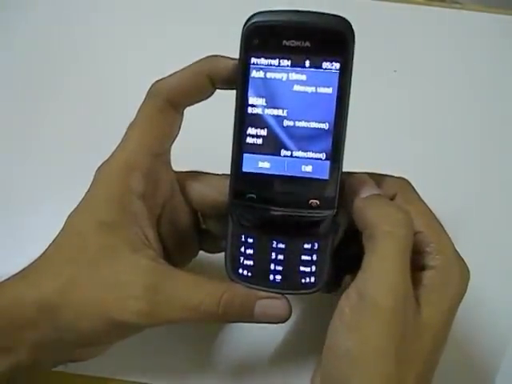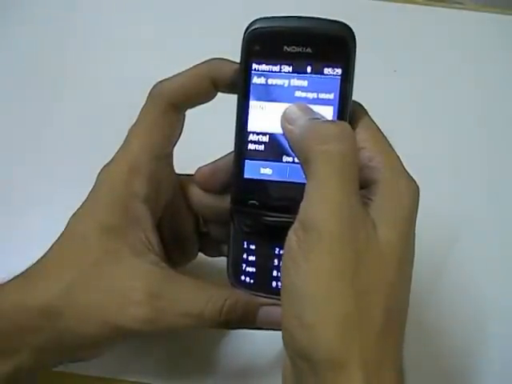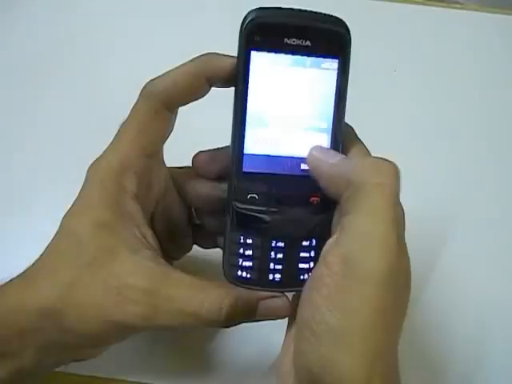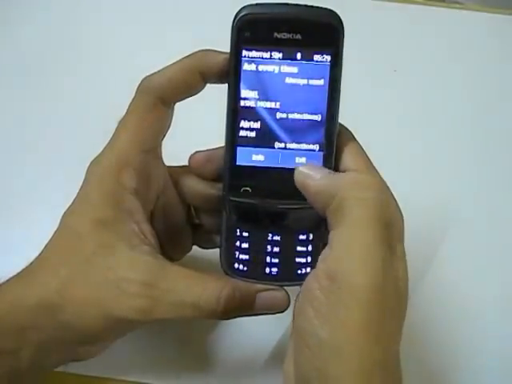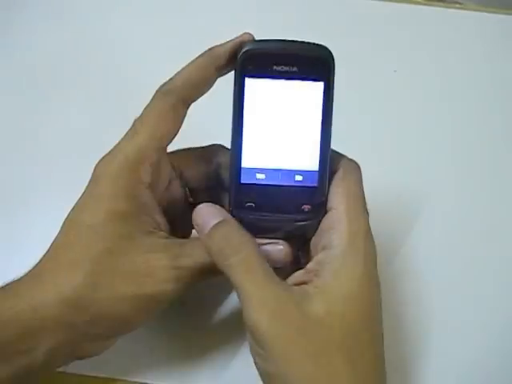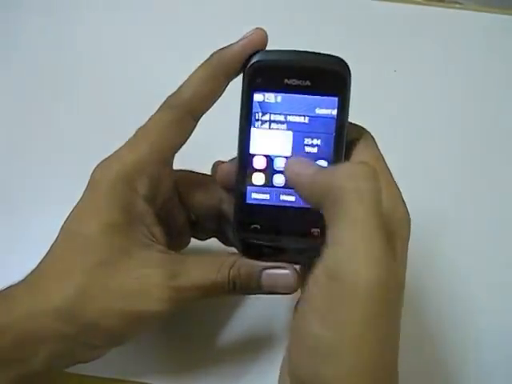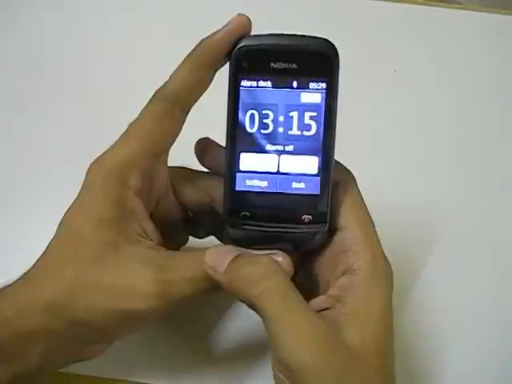To rename a SIM, all you have to do is click and hold on the SIM name, and it will give you an option to rename. Then to set the alarm, all we have to do is click on the time and it will take you to the alarm.